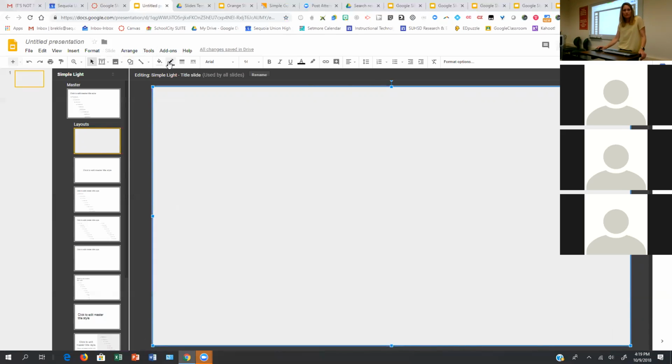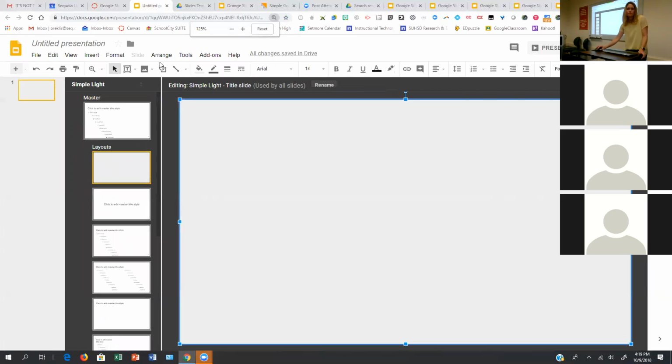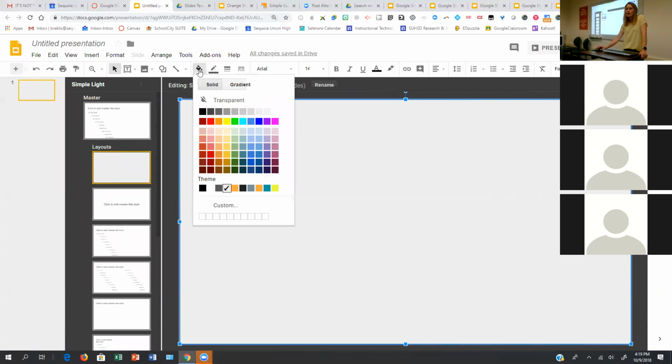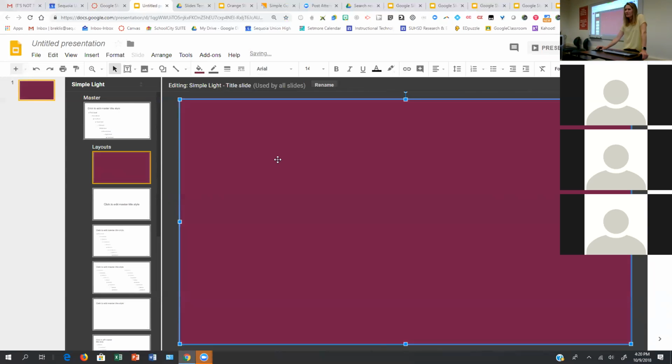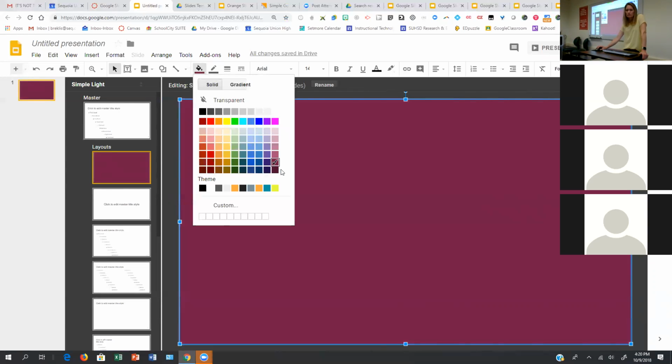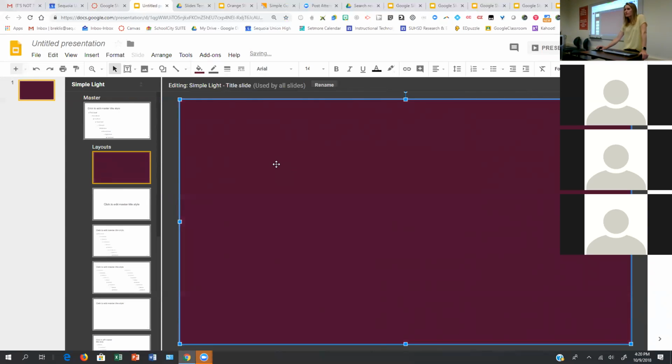So I'm going to go first, I'm going to change the fill color. So if you can see up here, I'm going to select a color, or, you know, if I don't like any of the colors here, maybe I want to match something, right? That's really pink. Darker, so one. Right? Don't worry, because I'm going to move this to the very back. So this is just going to be kind of the frame. So we'll start with that and see if we like it.